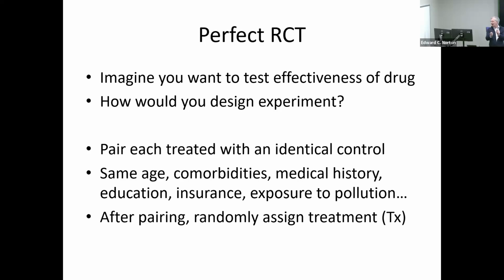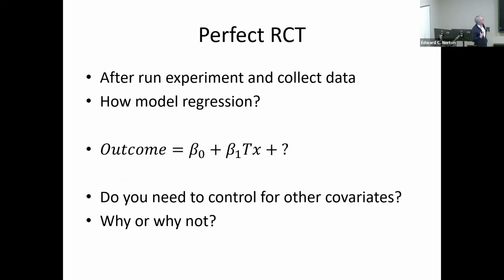You line them up like Noah, and you pair them off, and then you give one the pill, the drug, and the other you don't. And so you match pairwise, flip a coin, and give one the treatment and the other not. And why do we want to do this? One way to think about this is this really nice property.